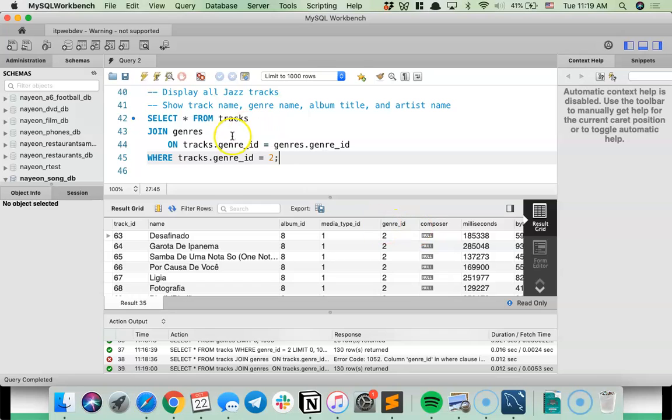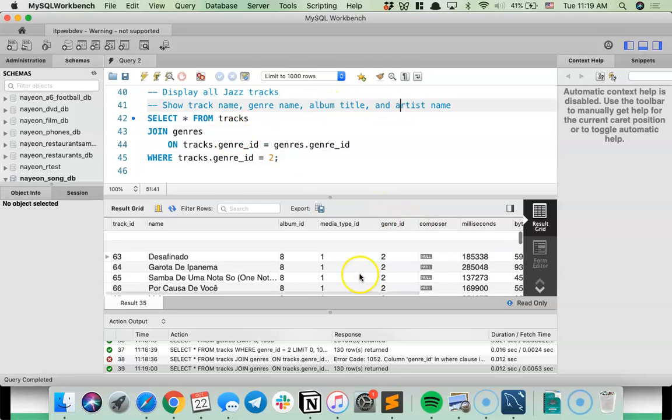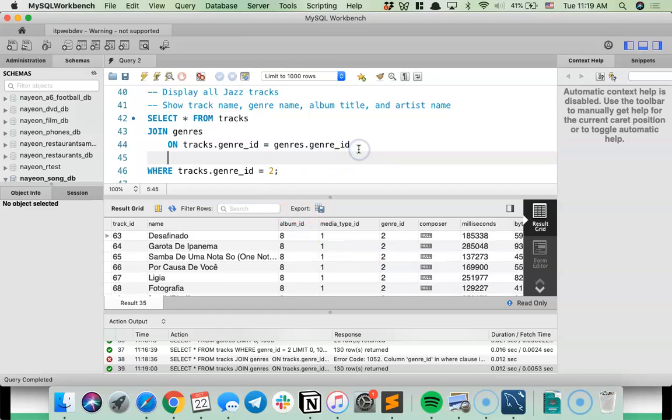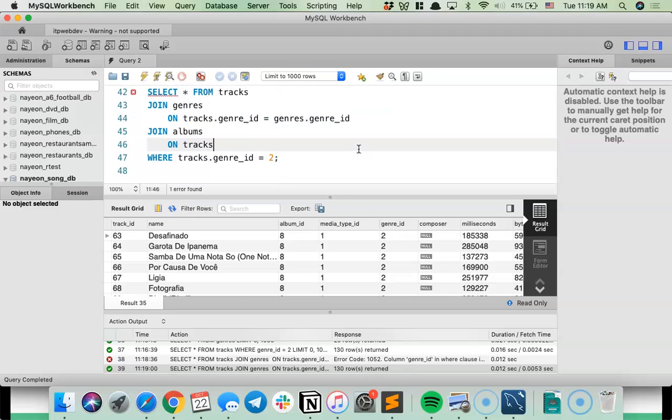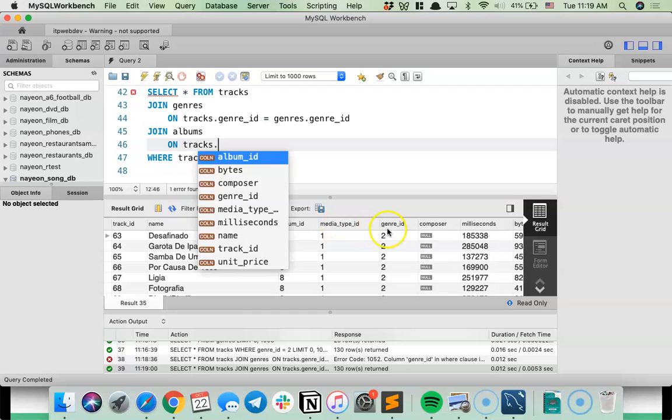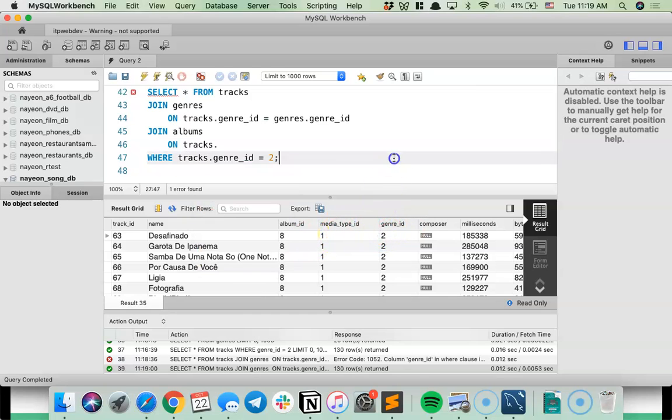Okay, what else? We also want to show album and artist as well. So we can do multiple joins at once. I'm going to go ahead and join the album as well, and we're going to join this one on tracks.album ID equals albums.album ID.